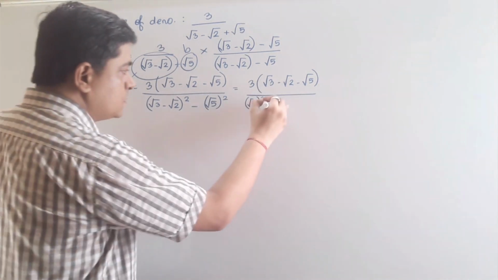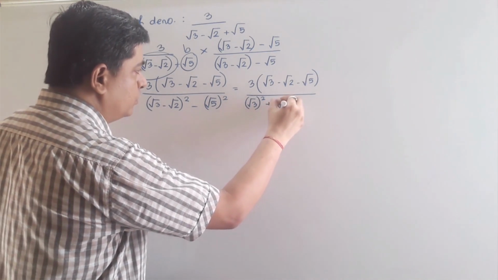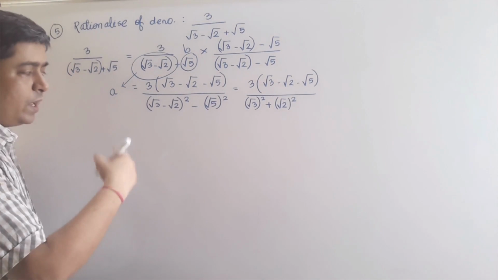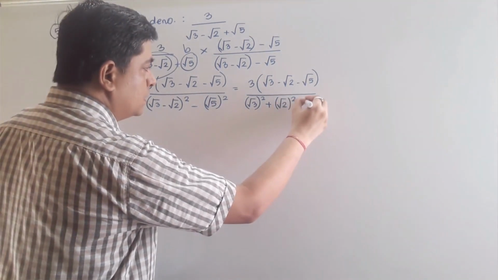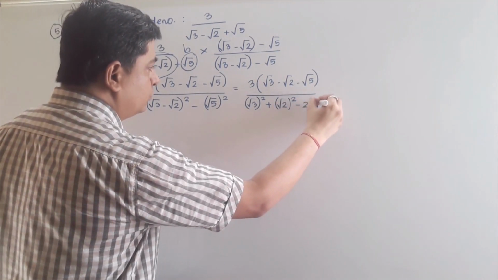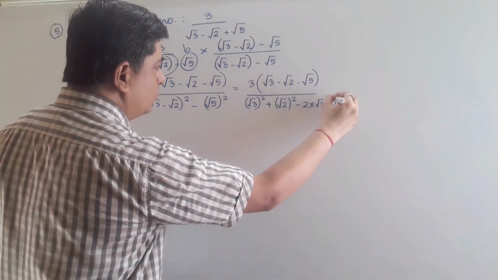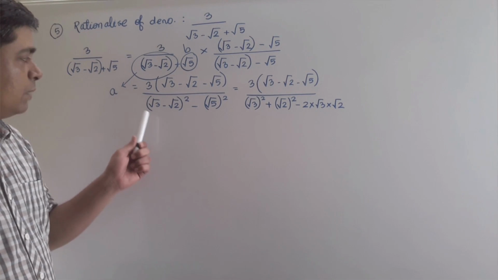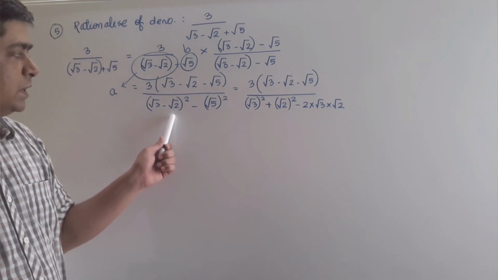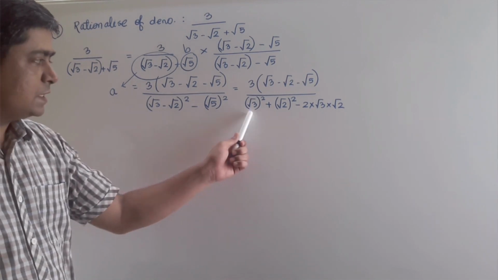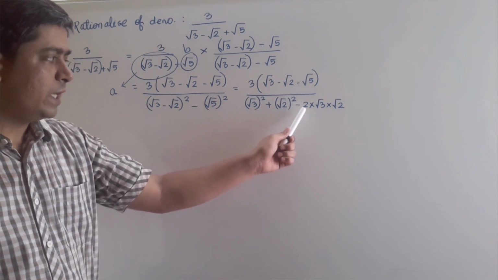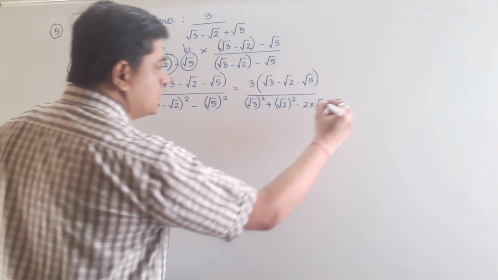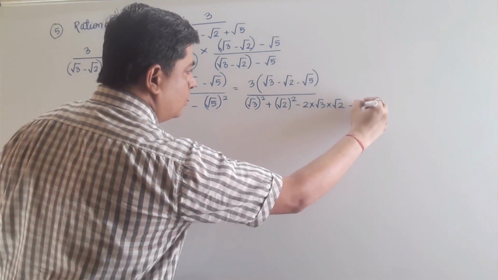The second one is B square, so under root of 2 whole power 2, and then 2AB, so minus 2 into under root of 3 into under root of 2. Observe once again, I am opening with the formula A minus B the whole square: A square plus B square minus 2AB, and then minus of under root of 5 the whole square